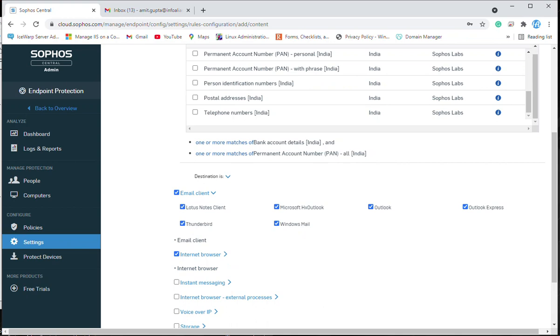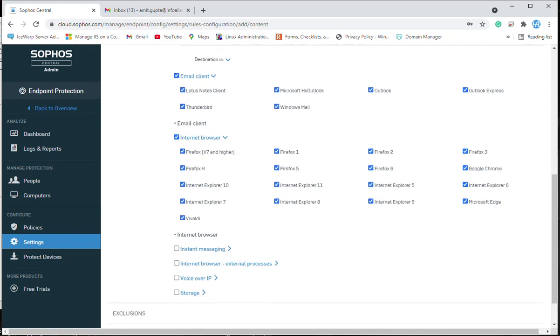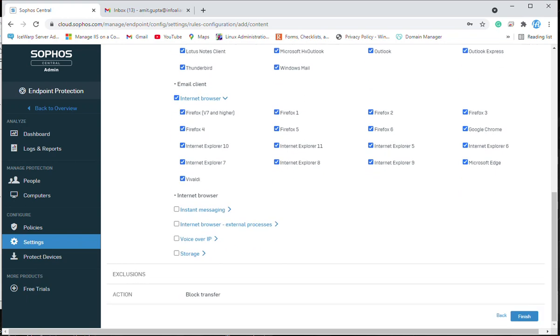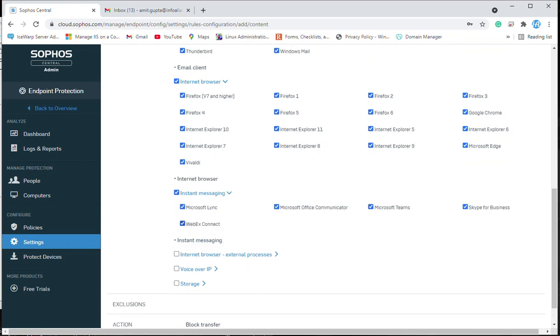Even if the user is copying or pasting data on any of these browsers, this will also be prevented by Sophos DLP. Third is instant messaging. The user cannot send data through any instant messaging apps as well.